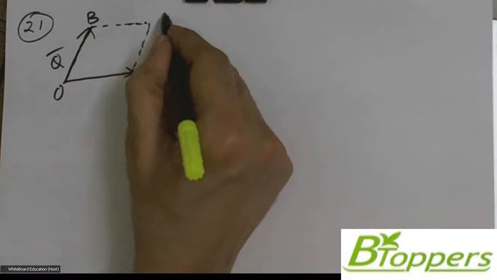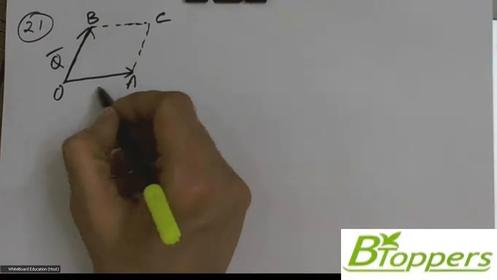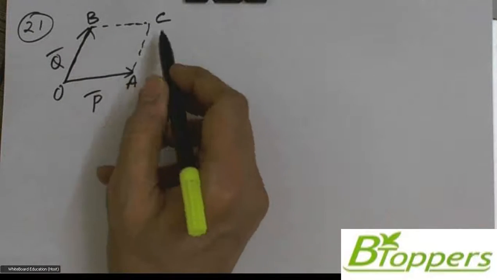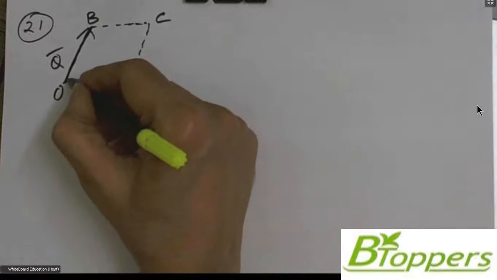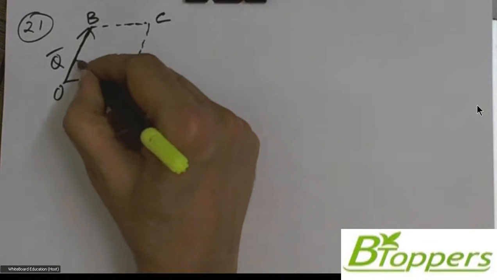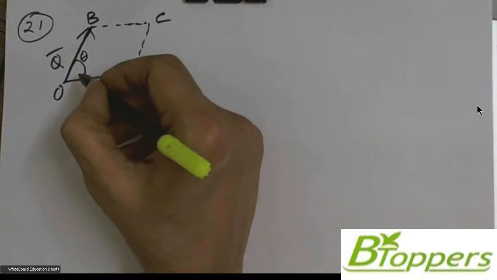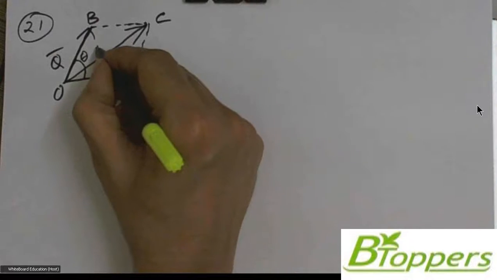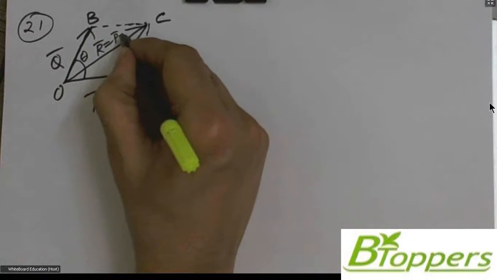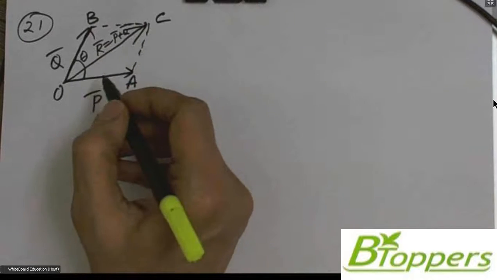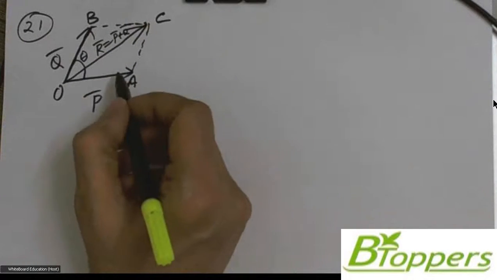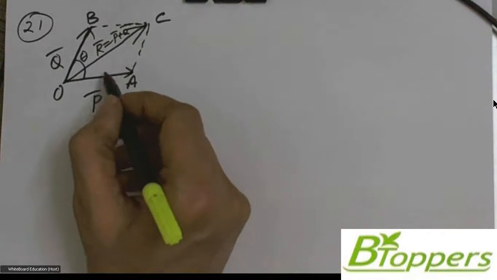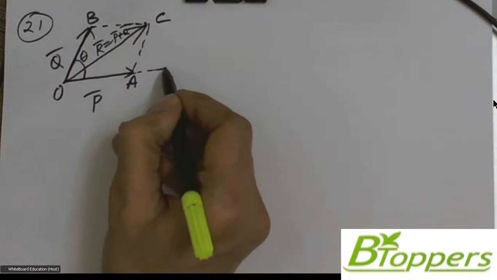Let us suppose the two forces P bar and Q bar are represented graphically by the directed line segments OA bar and OB bar, and OACB is the parallelogram. So from the parallelogram, let theta be the angle between the two forces P bar and Q bar. From the parallelogram law of addition of vectors, OC bar represents the resultant of P bar and Q bar. It's given that the resolved part of R bar in the direction of P bar is of magnitude Q.